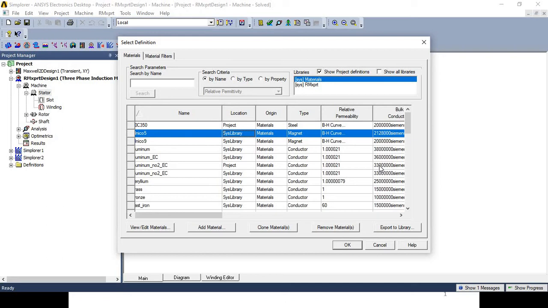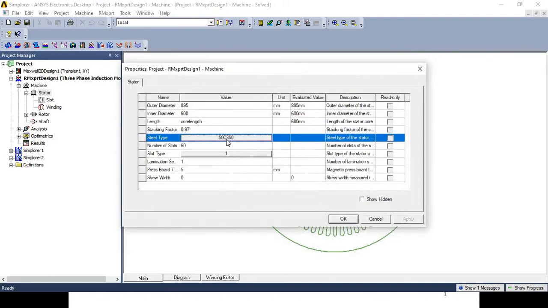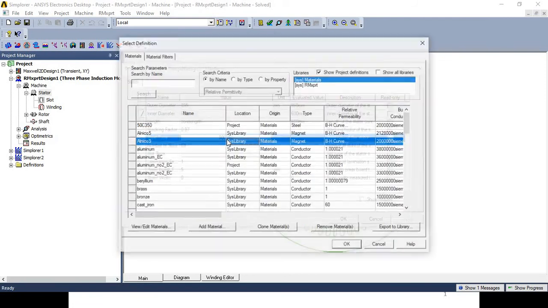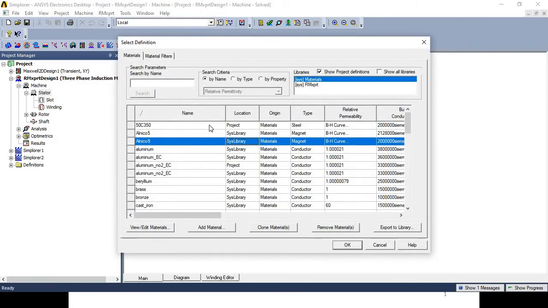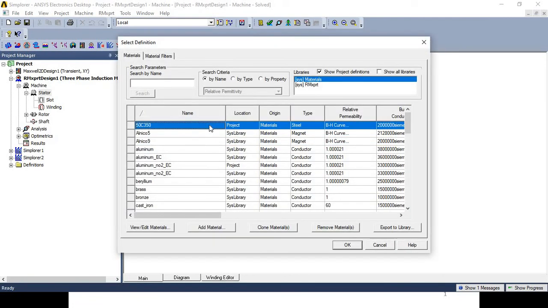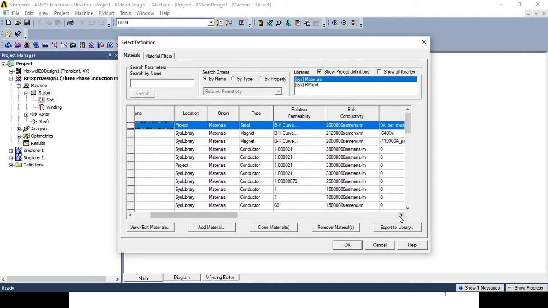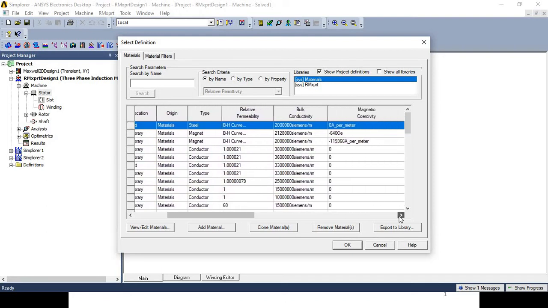For example, for this project we had selected the material 50C350. If I go through the material, it is a type of steel material. Then you can also go through the BH curve; you have access to the BH curve of this material.